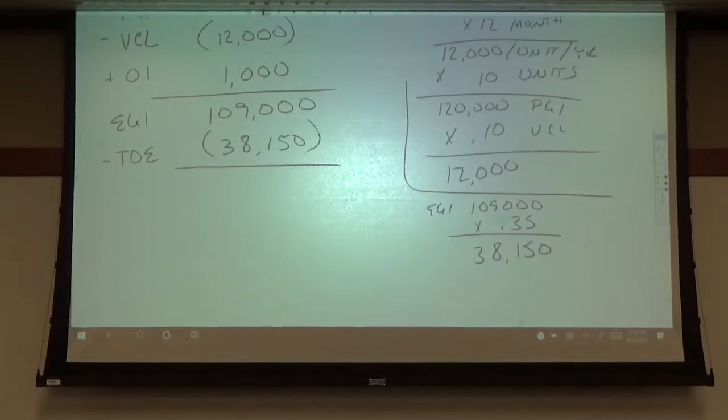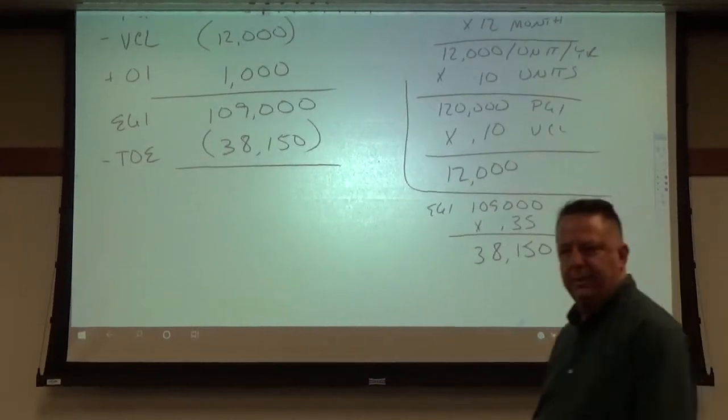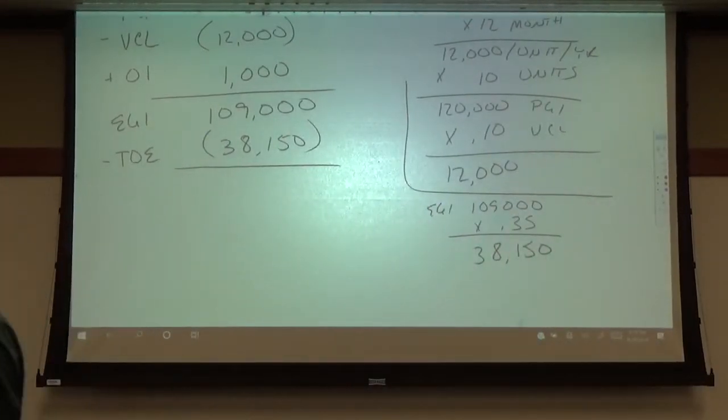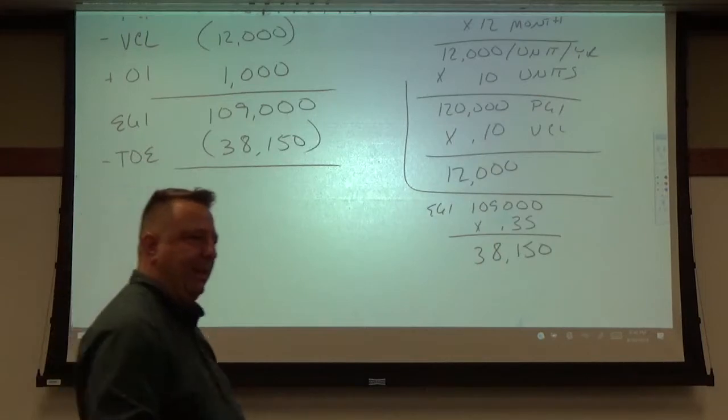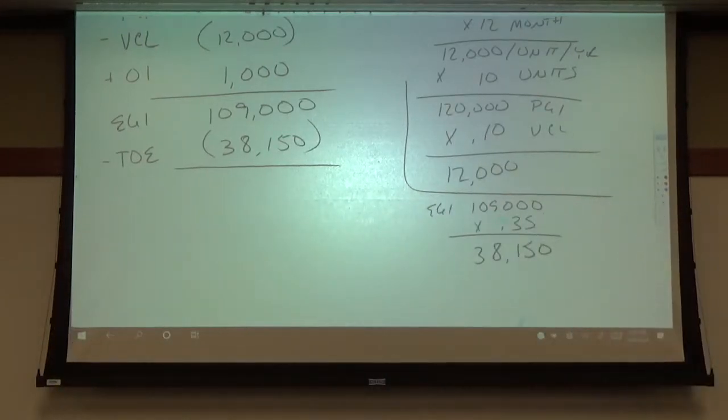Our total operating expenses. Now, we talked a little about this earlier. What are some of those operating expenses? Is that what you got? 38,150? Yeah. Okay. So what are some examples of operating expenses? We talked about this earlier. Property taxes, property maintenance, property management, potentially HOAs, okay? Utilities, if the property owner is paying for them, okay? What else? Lawn maintenance. Any sort of landscaping, that sort of thing, okay? Everybody good with that? Yes?